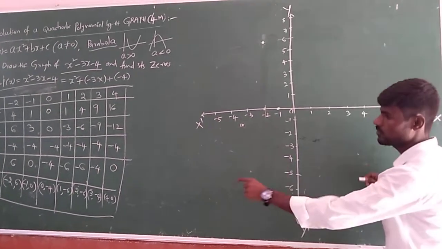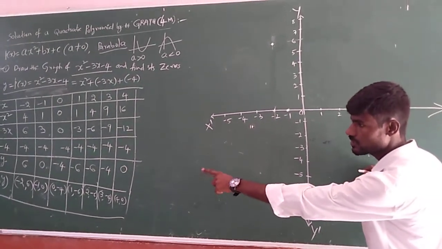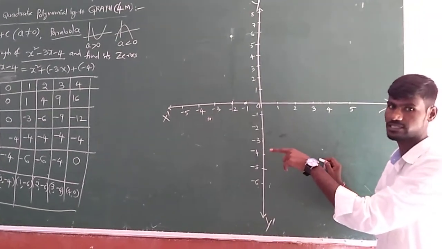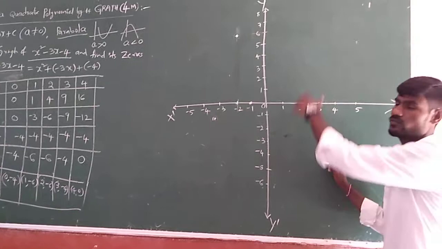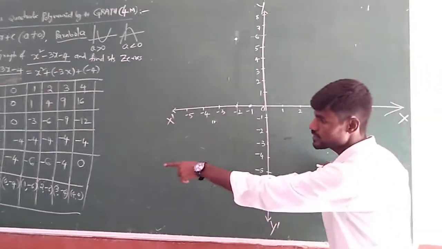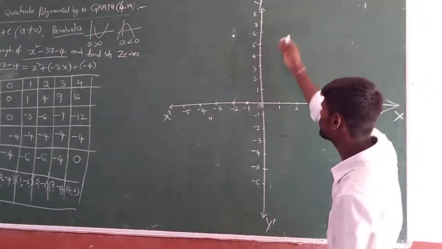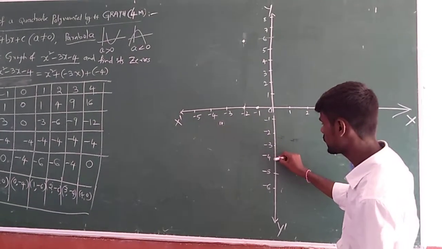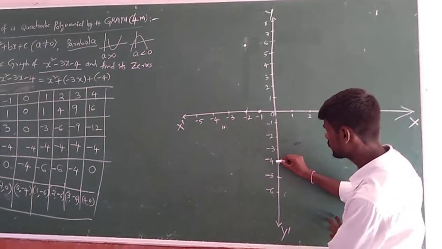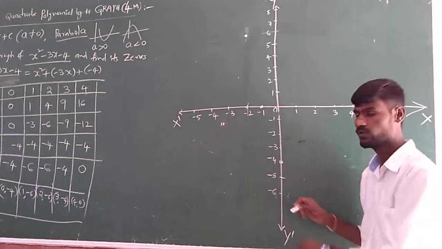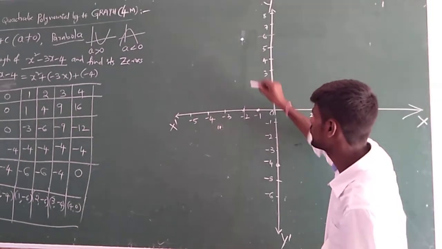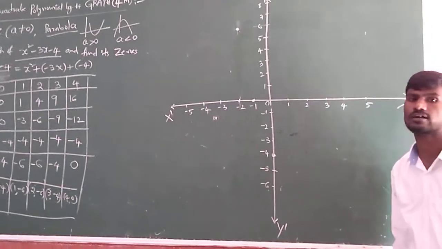The next point is 0 comma minus 4. Now the x coordinate is 0, which, as we just said, is on the y-axis. The y coordinate is minus 4. Above or below? Minus 4 is below. So this is your next point. While locating on the graph, you also have to make a thick bubble on the corresponding points, because that will be very helpful while you are drawing the curve.